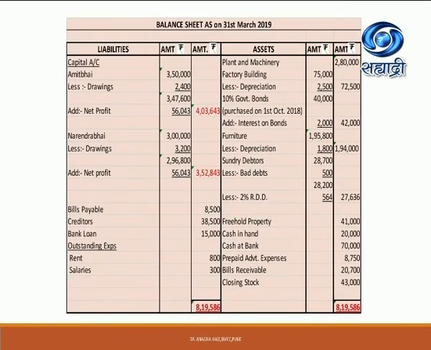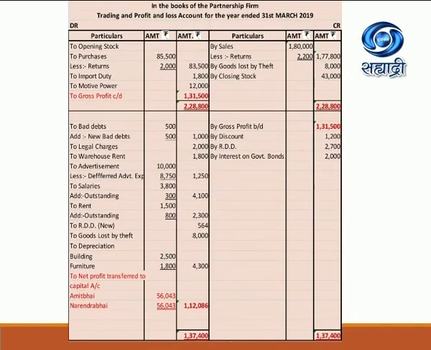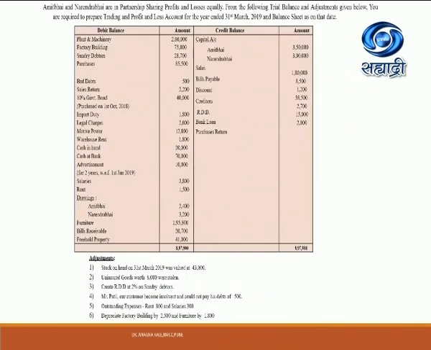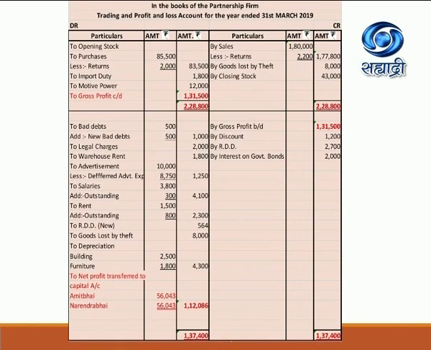Second effect of 8,750, that is prepaid advertisement expense in balance sheet on asset side. Here we finish all the adjustments, also implied adjustments as well as the adjustments which are given below the trial balance. Now we have to start closing. Before closing trading account, P&L account and balance sheet, we should check whether all the amounts are written in outer column after doing the adjustments.